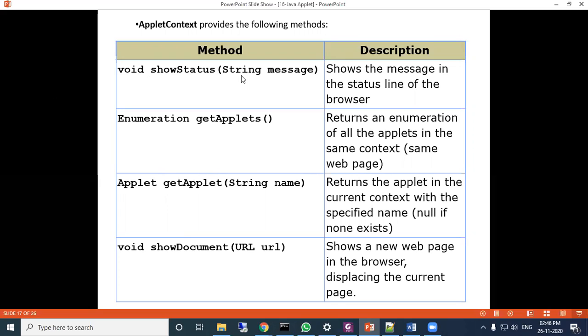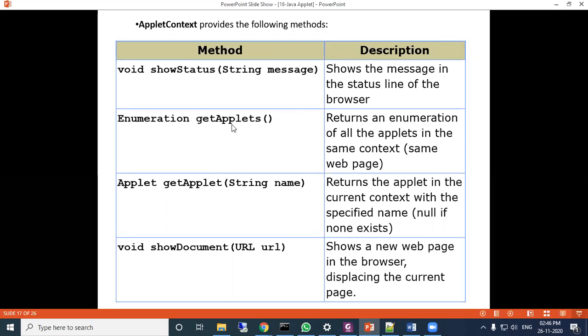showStatus is a method which shows a string in the status bar. Whatever string is passed, that will be shown in the status bar. Now next is getApplet. It returns an enumeration of all the applets in the same context, the same web page.